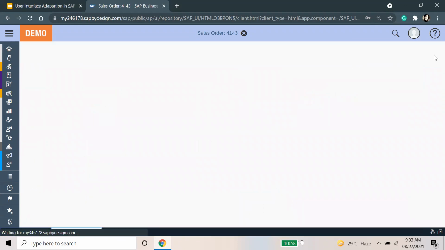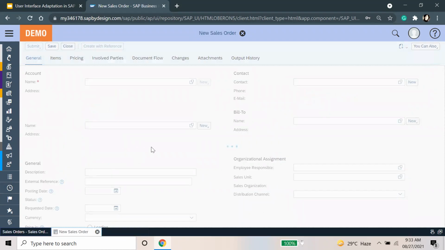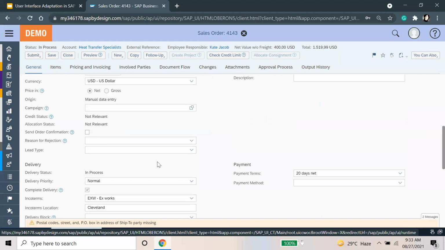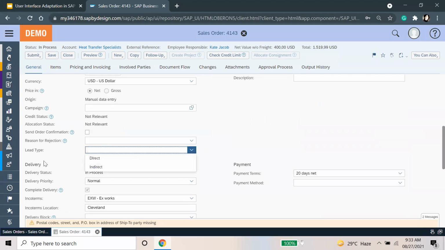I think it was not successfully added here. Let me just do it again. Okay, it's showing here. Yes, so this is the lead type.